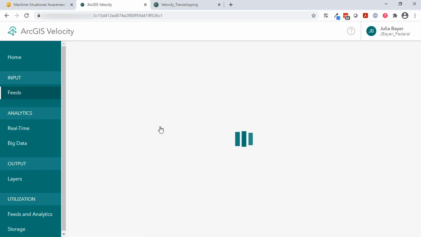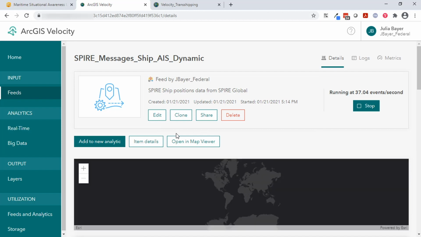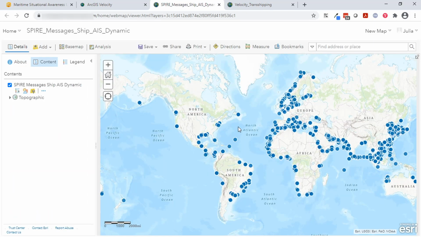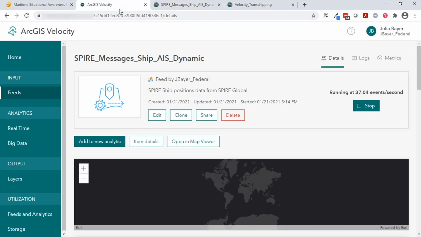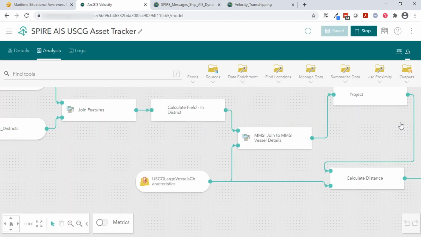Once the feed is created, you can view it as a new item within the application, ArcGIS Online, and open it in Map Viewer to see this information being streamed in. The next capability of ArcGIS Velocity is a real-time analytic. With this real-time analytic,